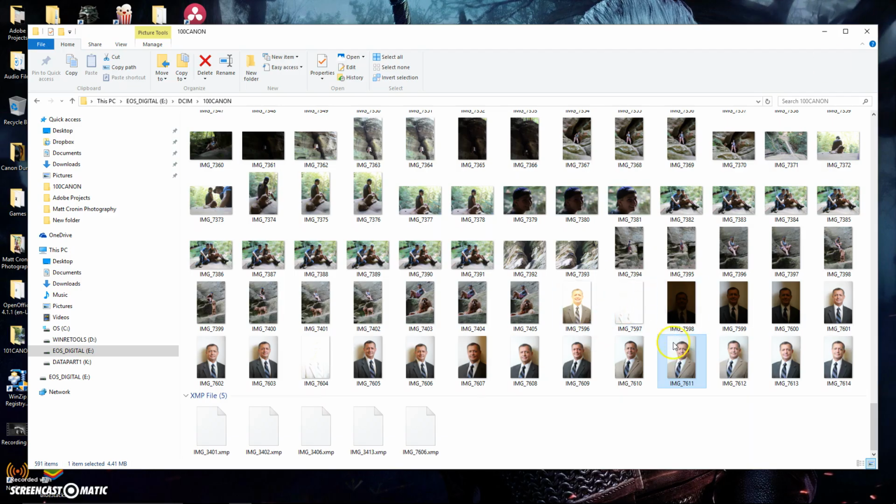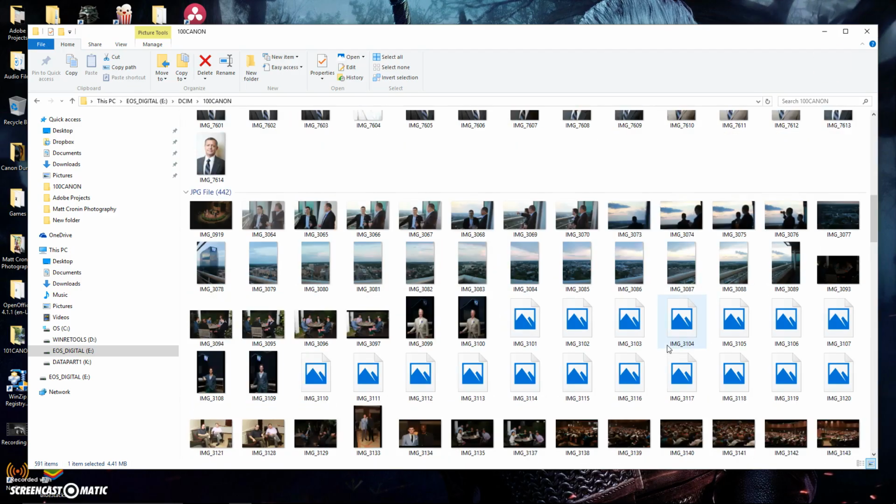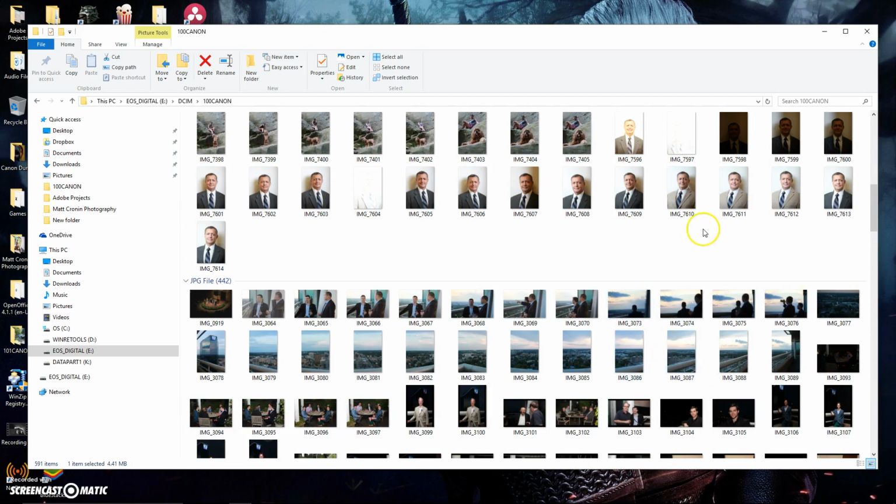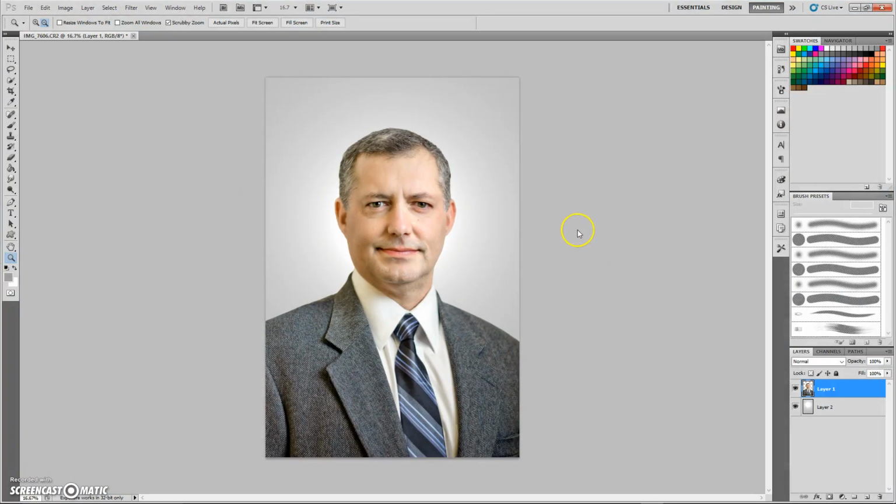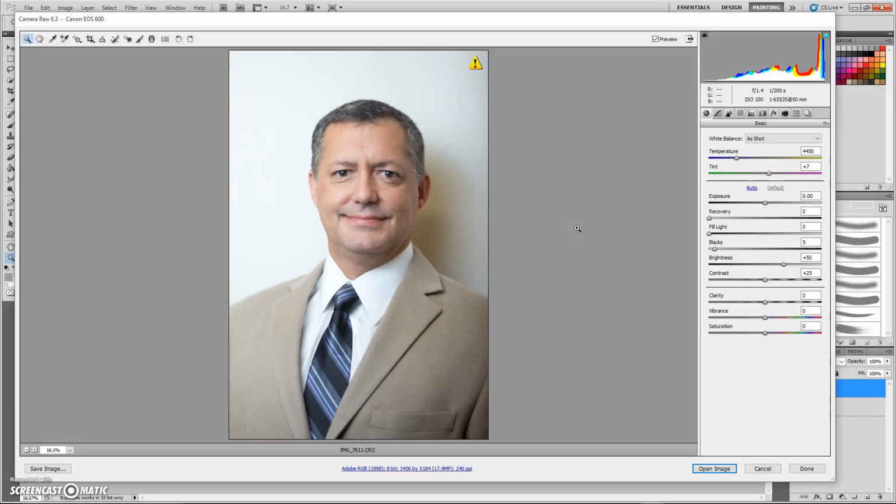Oop, that's the JPEG. We want to open up the CR2 file, which is this one. So it's going to pull up in Photoshop, hopefully, if it loads. There it is. We're just going to do a little bit of basic editing to it. Just probably extend our fill light a little bit, add a little bit of clarity. We're not going to go too crazy here just because